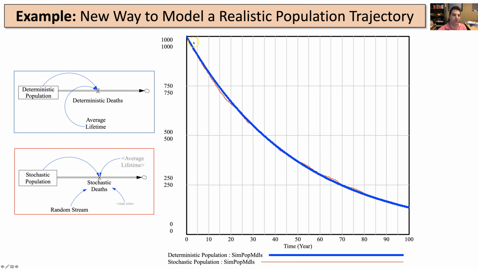So I've got in blue, the thick blue line, that's our old result from the deterministic formula up here. And then this little red line that you can see diverting from the blue and then coming back and touching it, and then coming up over top of the blue and then coming back and touching it, that is from our stochastic simulation. So you can already see it varies a little bit.